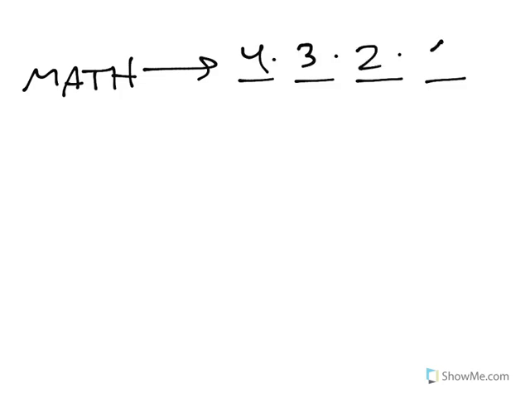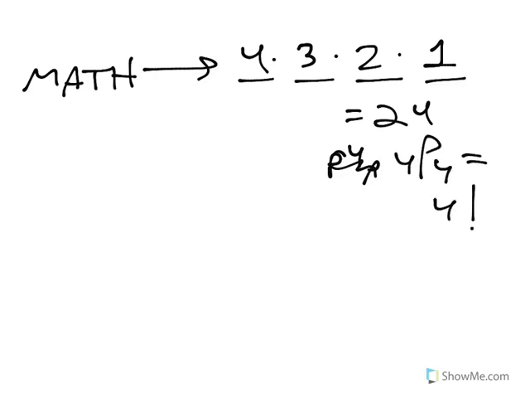If I want to rearrange the letters of the word math, I can put any of the 4 letters in the first place, any of the 3 letters that remain in the second place, any of the 2 letters that remain in the third place, and the last letter goes there, which is 24, otherwise known as 4P4, or just 4 factorial. But if I have repeated letters,